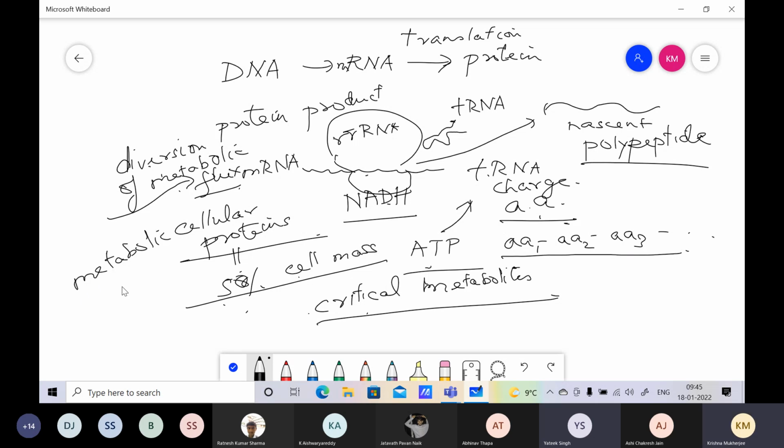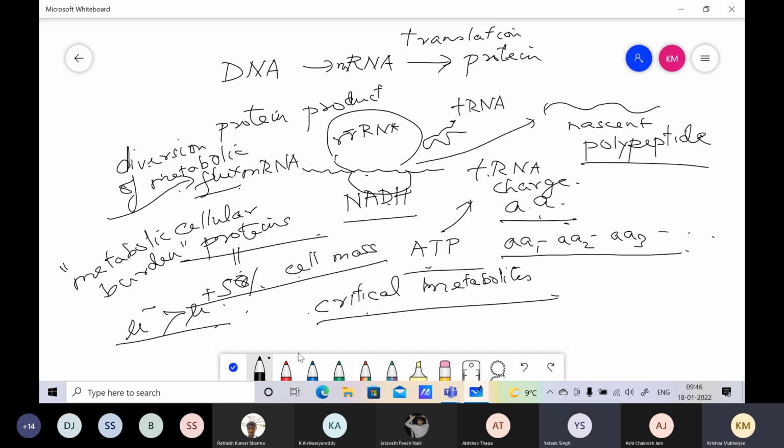And it is primarily this metabolic burden which is responsible for the fact that mu minus is greater than mu plus. Because cells no longer can grow as fast as